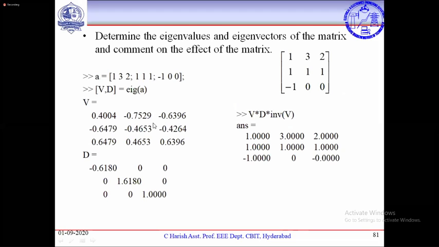If you want to find the original matrix also, that is the eigenvector matrix V into the eigenvalues matrix into the inverse of V, then you will find the actual matrix. So this is very simple in MATLAB. Just giving one command, you can find any type of eigenvalues and eigenvectors. Why? Because in any control system or design aspect, we need to find these eigenvalues and eigenvectors, and by using MATLAB you can do it very easily. Okay, right. This is about eigenvalues and eigenvectors.